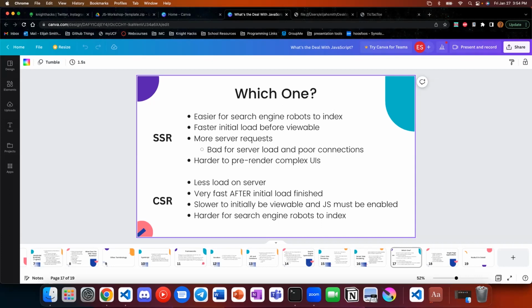It's slower to be viewable because, of course, it has to build it all, which takes longer. And the download of the JavaScript is way longer than downloading a little tiny piece from the server if it's already pre-rendered. And you have to have JavaScript enabled in your browser in order to actually build something. Whereas if you have a server-side rendered page, it's already built. So someone can go into their browser and disable JavaScript, which they might do if they don't want ads to show up or there's too much going on on a page. But if your page depends on JavaScript to build it, then you're just screwed.